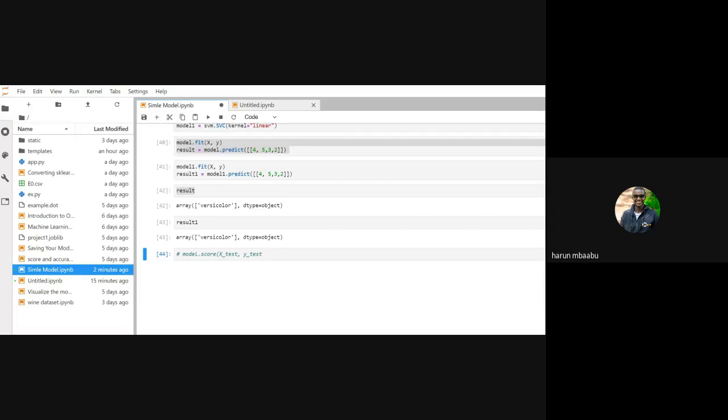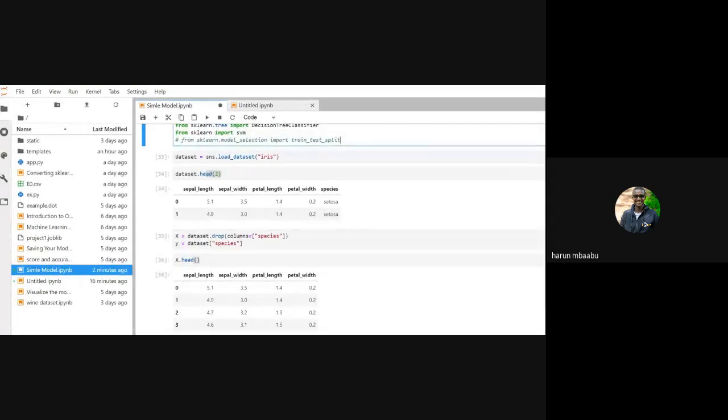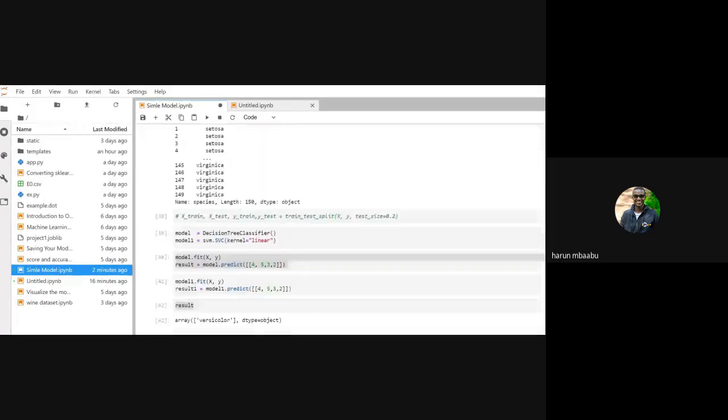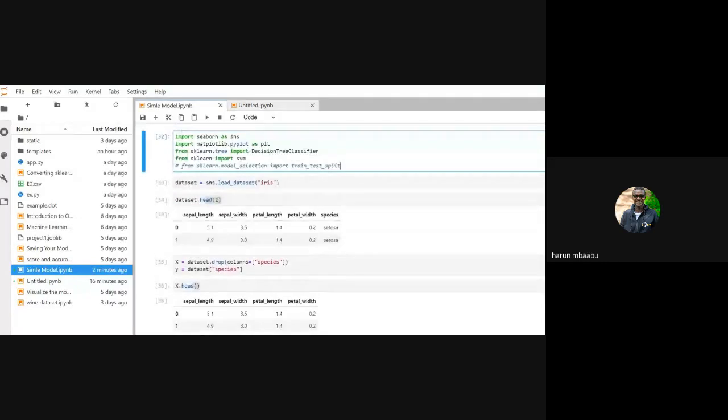So that done, I will also handle the part where you want to check the accuracy of our model. But before you check our accuracy, you have to split. So sklearn, which is a Python machine learning library, comes with a module that we call model selection. So model selection contains a method that we call train_test_split.